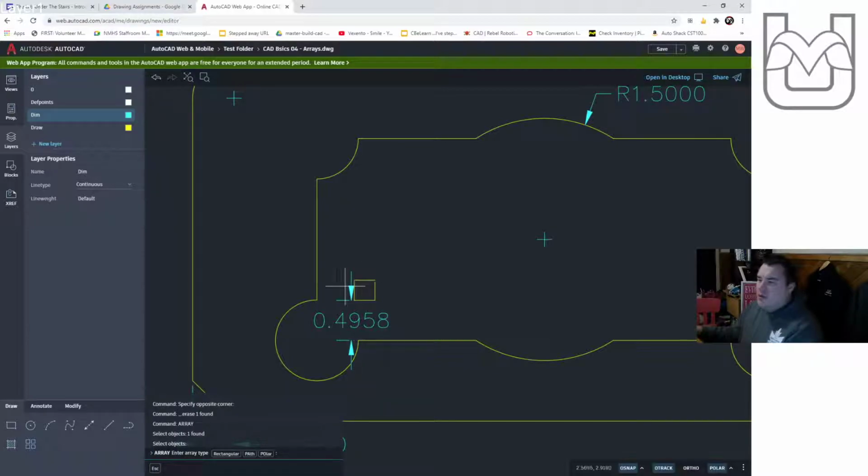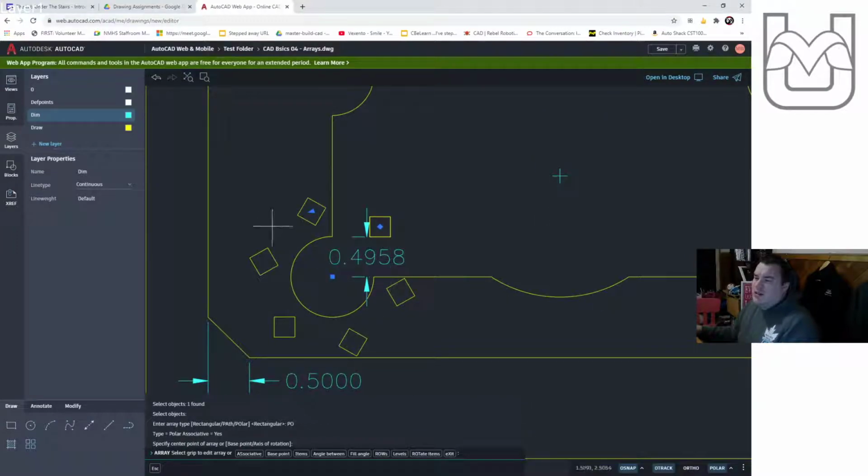Now an array is going to multiple copy a bunch of things, and it asks us, do we want to go in a rectangular direction or do we want to go in a path or polar direction? Path will follow a line, so especially a polyline or a spline that actually has curves to it, and polar is actually going to spin it around a circle. So if I select polar array with this and select the middle of the circle, it's going to actually array all of those objects around the